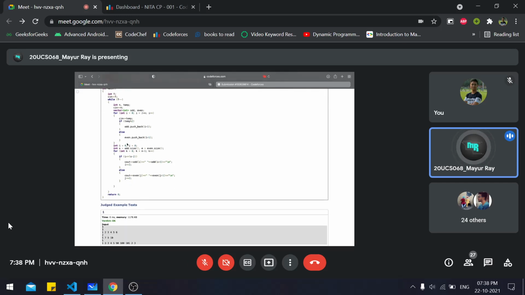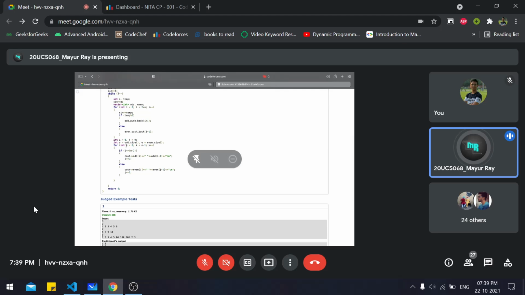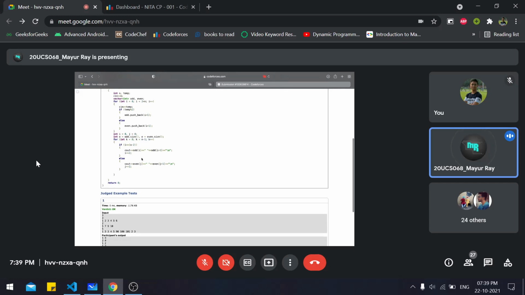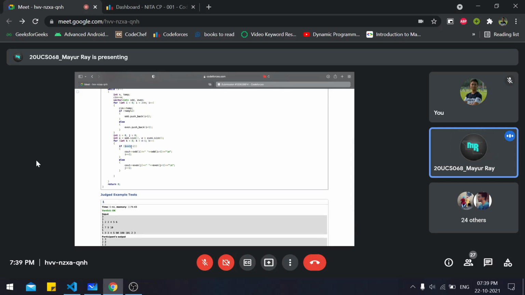Now I have initialized i and j as 0. Here i and j will be used for the positions in the odd and even vectors. I have also taken the sizes here. O is the odd size, E is the even size, that is, the size of each vector. Why I have taken the size here, I will say later. Now, I have to find n minus 1 pairs, right? So I have run a for loop here, n minus 1 times. And I checked if i is less than O minus 2.